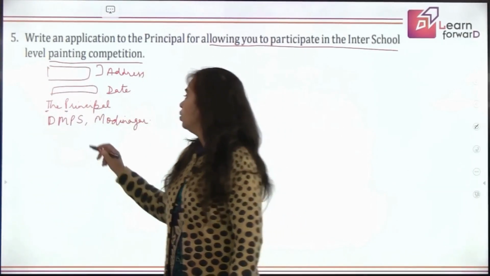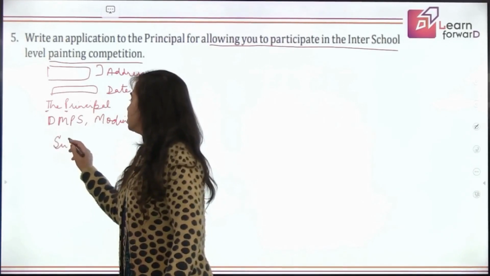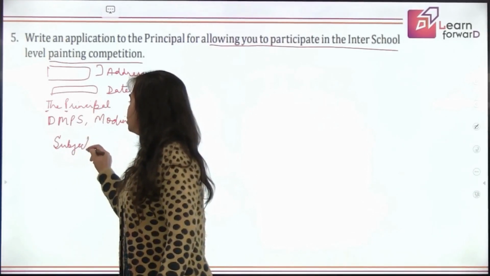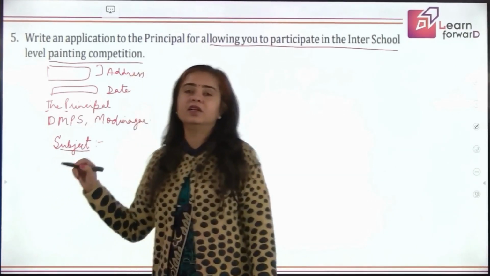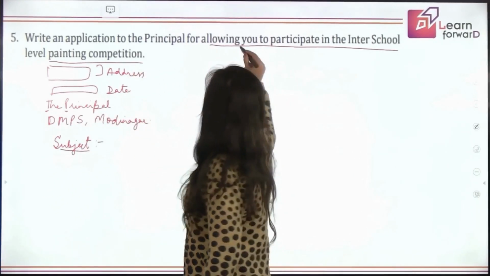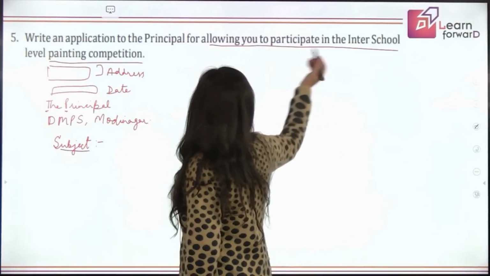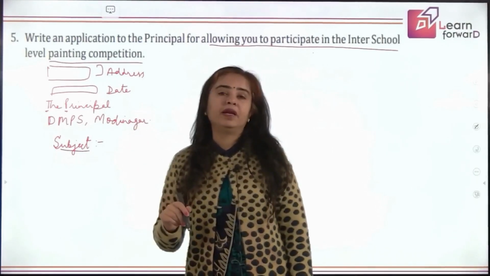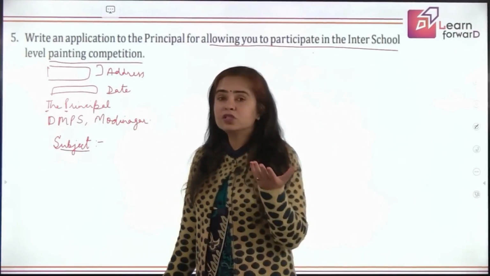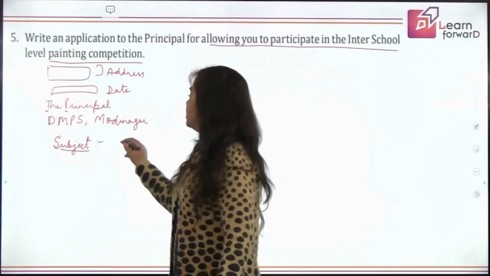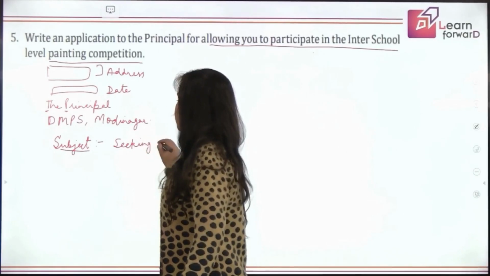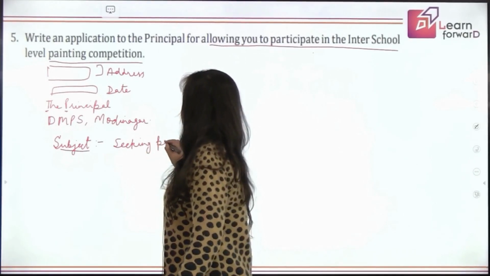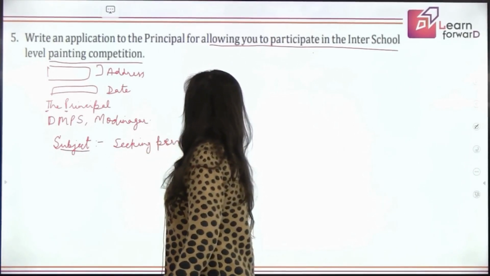And now you will write the subject where you will mention what is the purpose of writing this letter, this application to the principal, allowing you to participate in inter-school level painting competition. So it's not allowing you. How will you write? Seeking permission. That means you are taking permission. Seeking permission